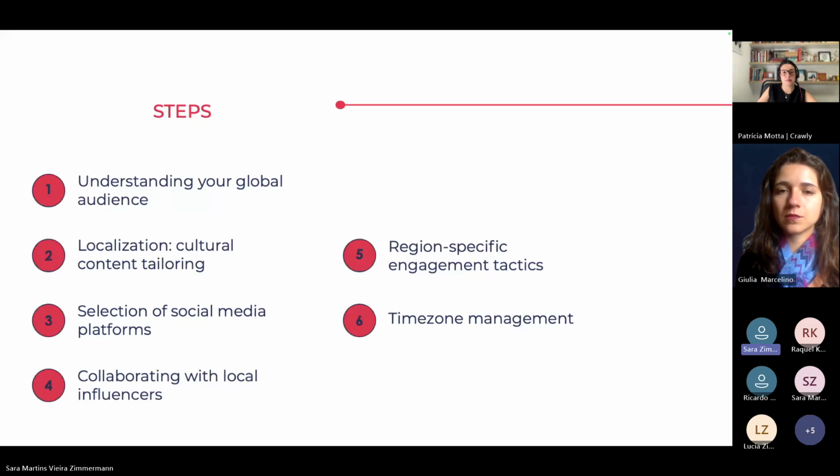And the last step here is time zone management. This is really important because usually you're talking about social media for brand awareness, of course, but also to insert yourself in a market and then just to sell, right? And you're probably going to have sales campaigns, and you're going to decide that you're going to launch something on Wednesday at 1 p.m. Great. What time zone? Who should have access to this content first? This is something that people make a lot of mistakes. Watch out, because we are in a global world and you might launch something in Europe and people in Brazil will get frustrated because you do not have